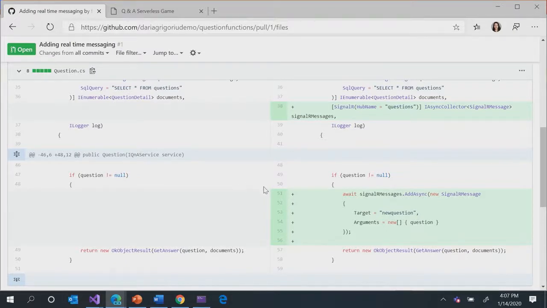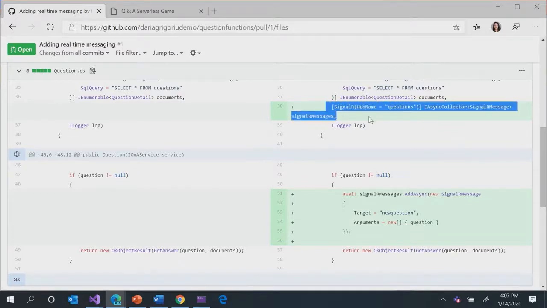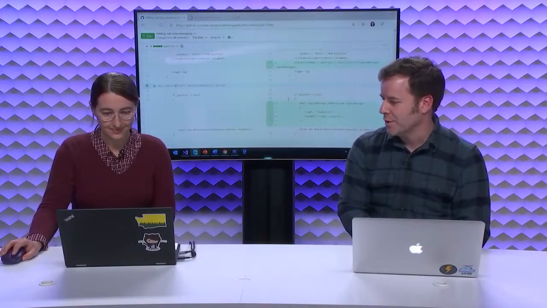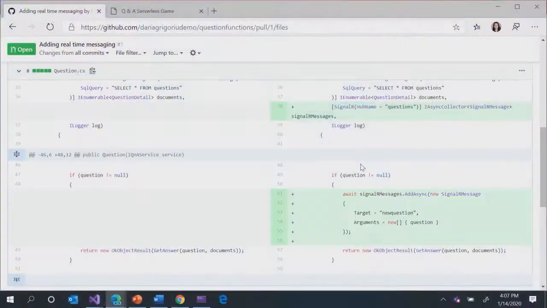We have this additional argument as part of my function that's being decorated with a SignalR service attribute, essentially with some basic configuration and metadata to define how that binding is going to work. And I have just a few lines of code here to add a message to the service anytime a new question is asked. So that was really the extent of the change that I had to make from a functions perspective. That's really all I had to do to enable the capability as part of my functions,